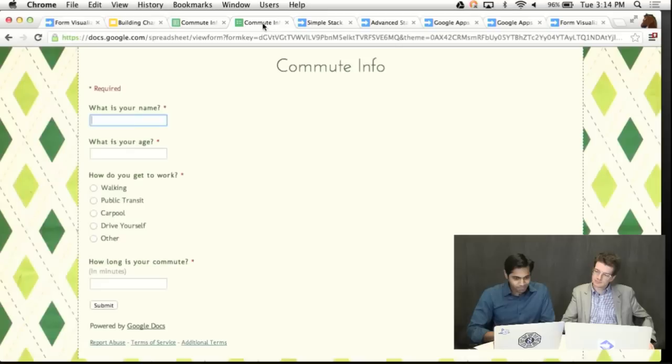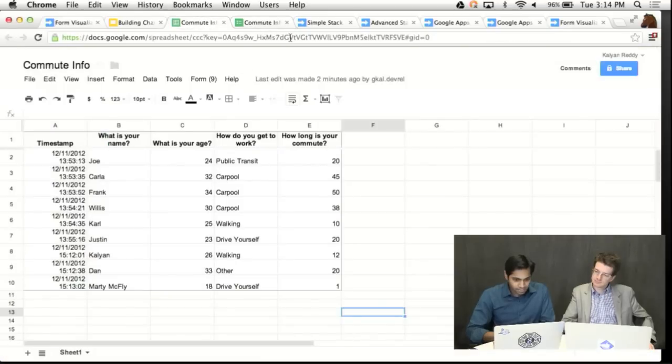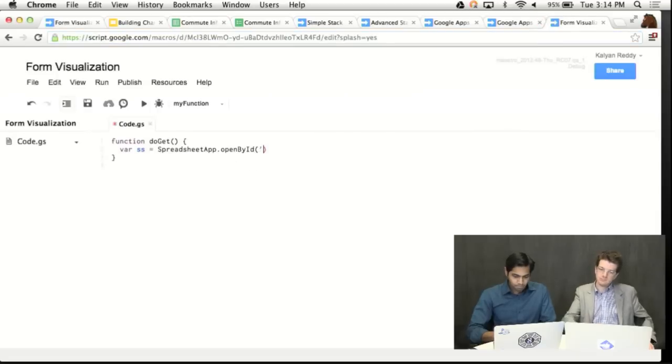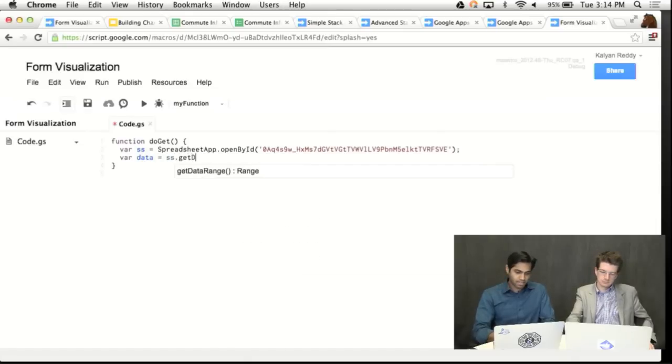And then to get the ID of a spreadsheet, it is this value right here, key equals, before you get to the numbered gid stuff. Just paste that in here. Now when the script runs, you'll have access to the sheet. Var data is ss.getDataRange. And bam, in two steps,